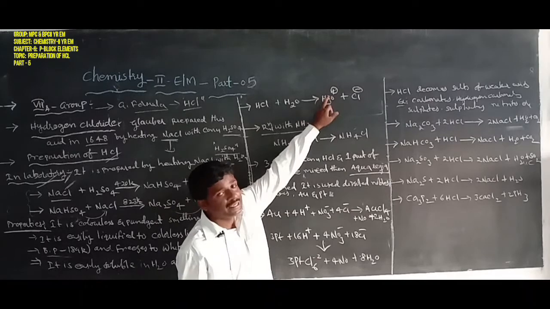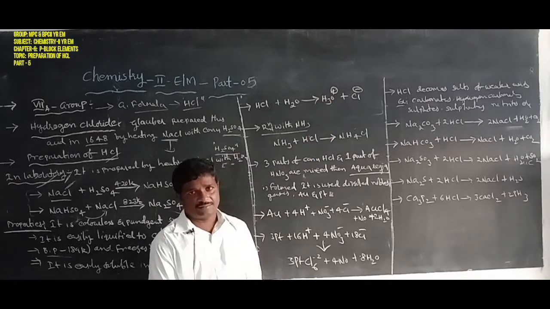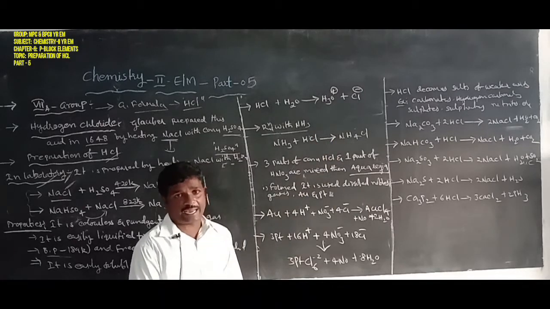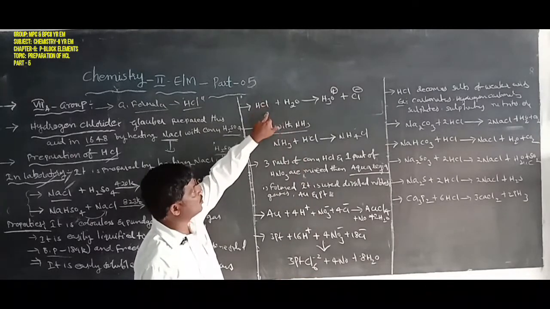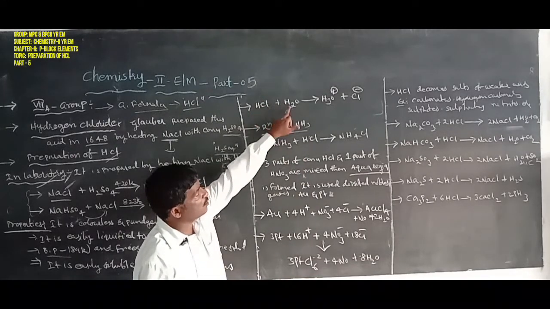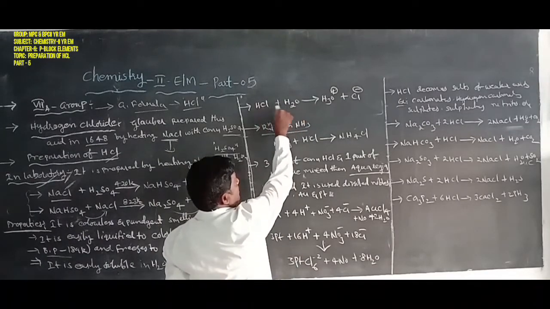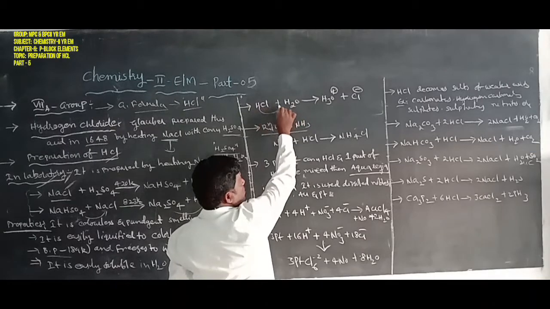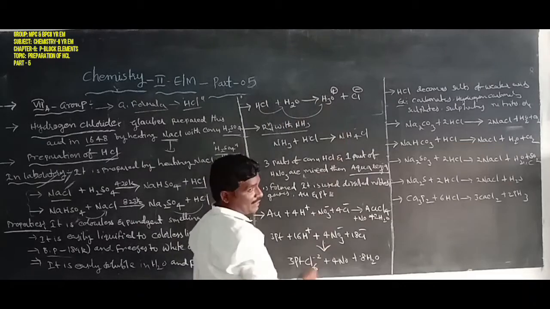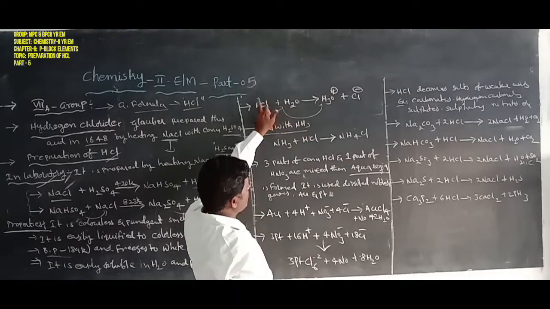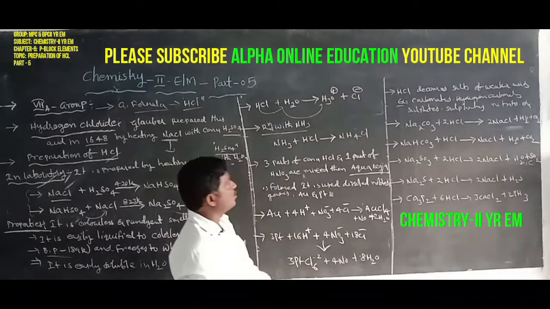The hydronium ion is H3O plus. Next, the chloride is the anion, also known as the Cl minus ion. Here HCl, hydrochloric acid, dissolves in a water molecule. Here H2O adds the H plus to form the hydronium ion, and the remaining Cl minus is left. That is hydrochloric acid dissolved in water to form a hydronium ion and a chloride anion.